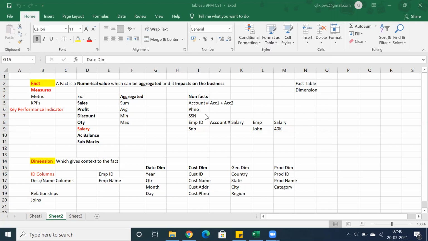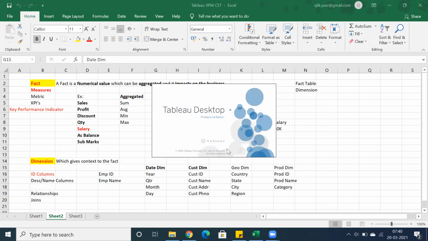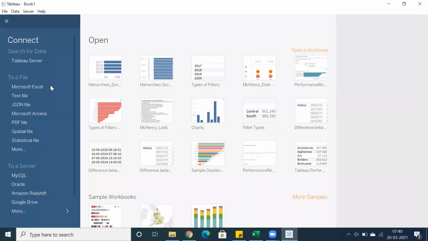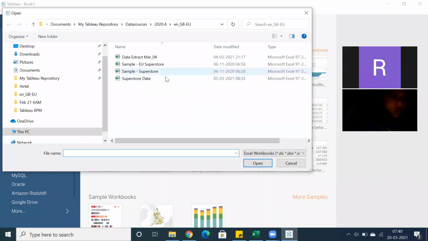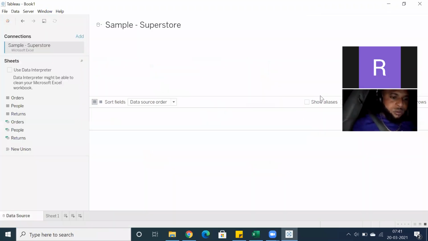So in general, without a dimension, if you place a measure, you are going to get a grand total. But if we have a dimension across that specific level of granularity, so you can stop the video.